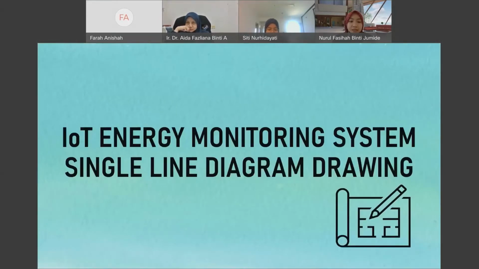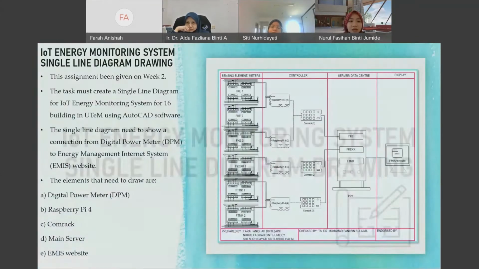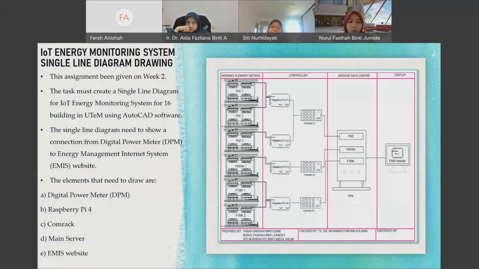Firstly, in my internship I need to draw an IoT energy monitoring system single line diagram. This assignment was given in the second week of the internship, and the task is to create a single line diagram for the IoT energy monitoring system for 16 buildings in UTeM using AutoCAD software. In the single line diagram, we have to show the connection from the DPM digital power meter to the energy management internet system. The elements that we need to draw are the energy power meter, DPM, Raspberry Pi, COMRAC, and the main server,